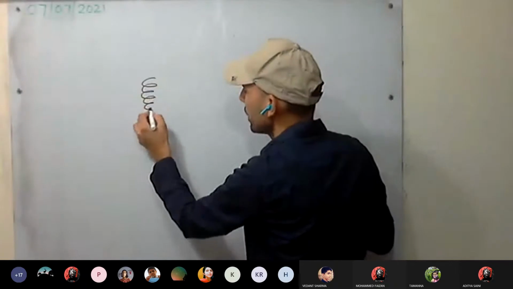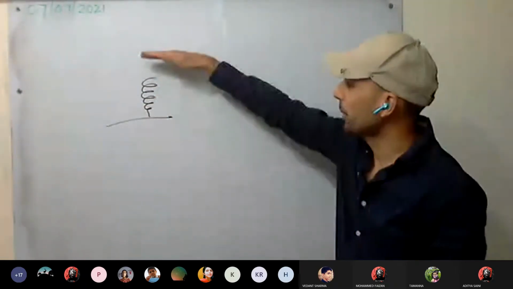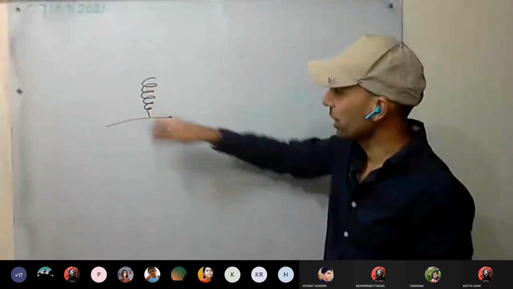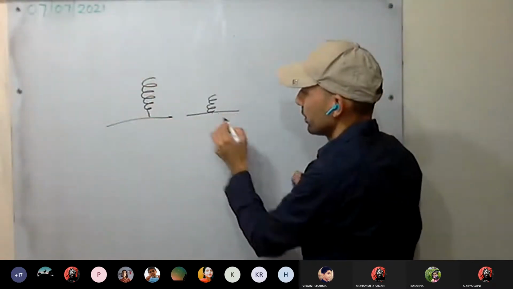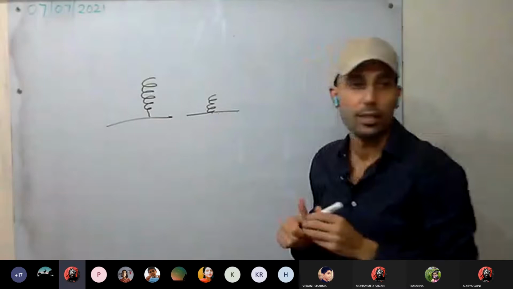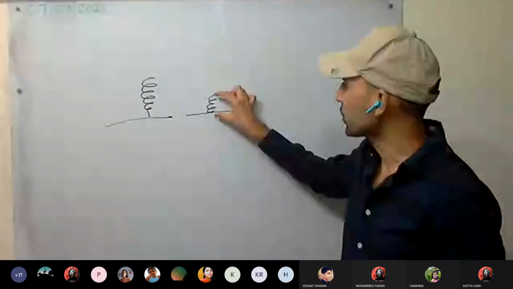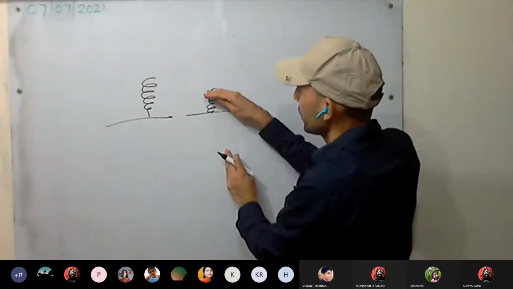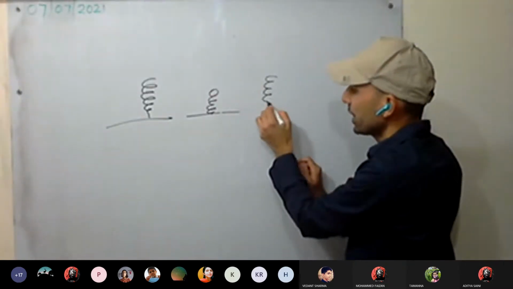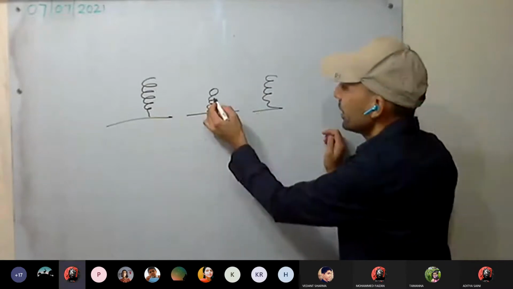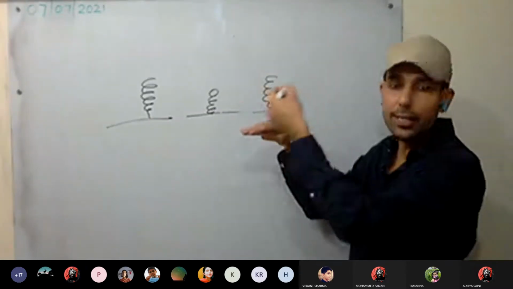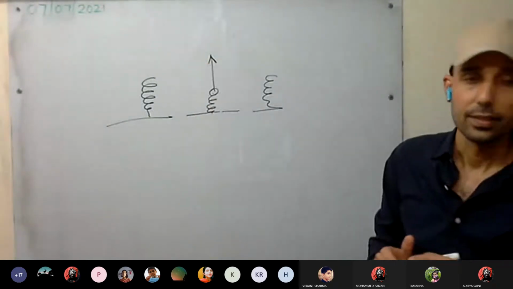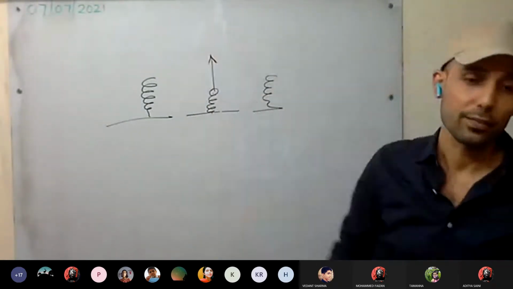So we are taking the spring. Now we are compressing it. That means we are doing work on the spring, and this work done will be converted into which kind of energy after compression? Elastic potential energy. It will be stored as elastic potential energy in the spring. If you put a ball over it and then release it, what will happen? The spring will take its original shape, and this elastic potential energy will get converted to kinetic energy, and it will make the ball fly away.